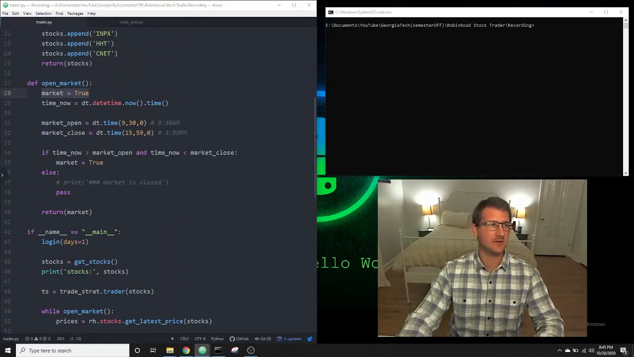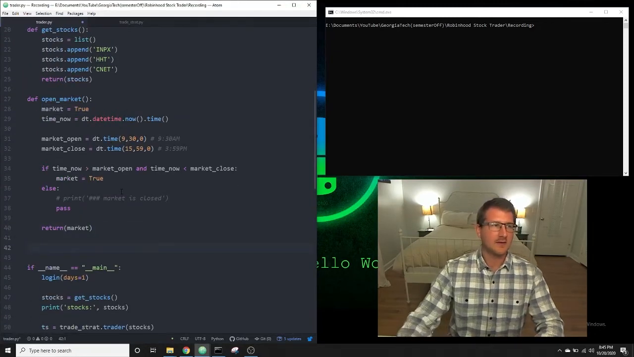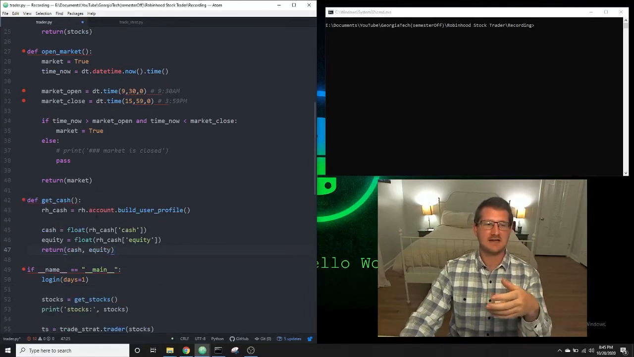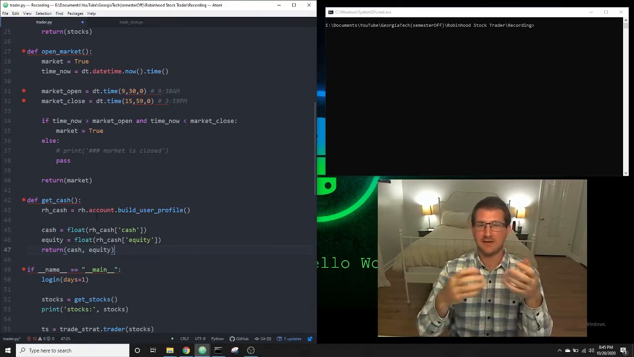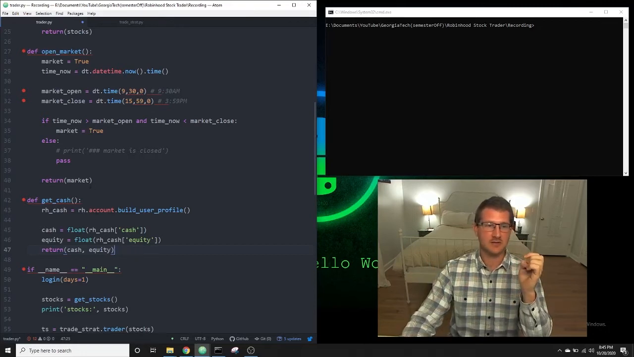So the first thing we're going to do is add a couple of functions. The first one we're going to add is called get cash. What get cash does is it sees how much money we actually have that is able to be used to buy stocks in our Robinhood account. So if you log into your Robinhood account and you have $0, you can't buy any stocks because you don't have any money to buy stocks. So this function is going to go into our Robinhood account. It's def get cash. It takes no attributes, and it's rh_cash equals